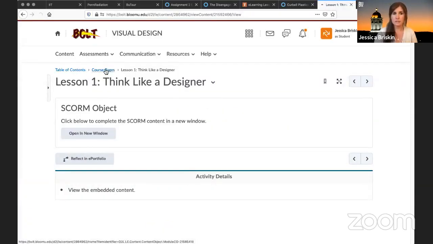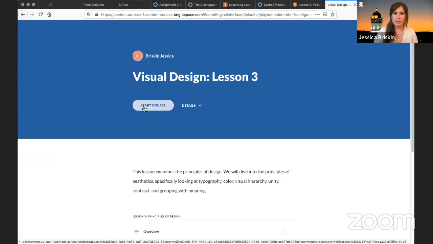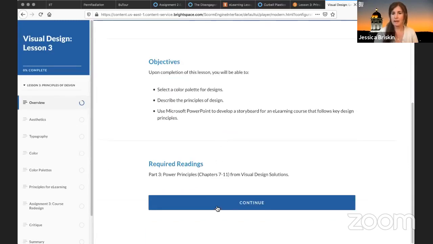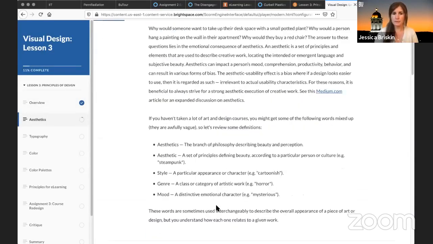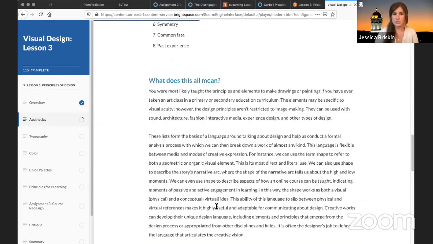This course is visual design. So I can show you some of the visual units, the more fun ones. So principles of design is all about layout, color choices, typography. So we can start this course again. So the color palettes, how do we select colors for courses? So it goes into a lot of material that you can use in both the corporate and the educational sector.